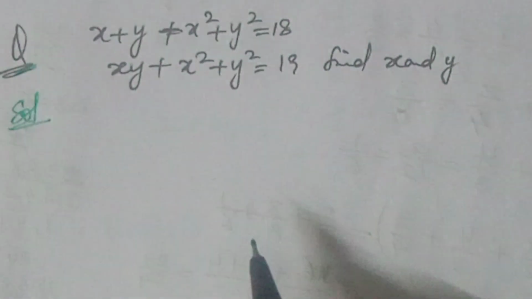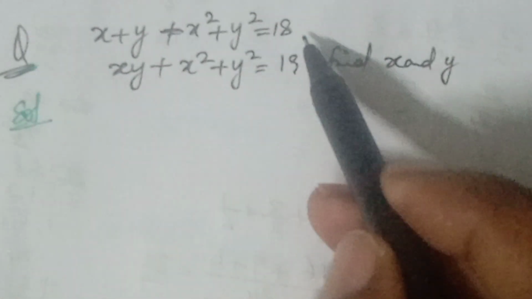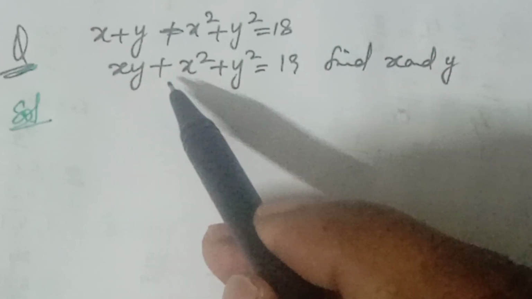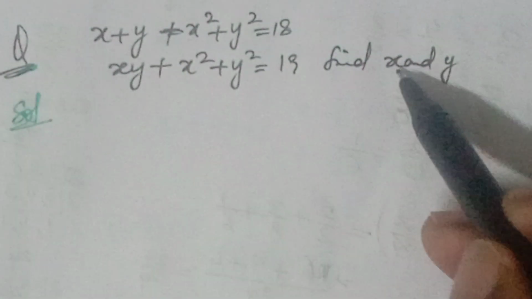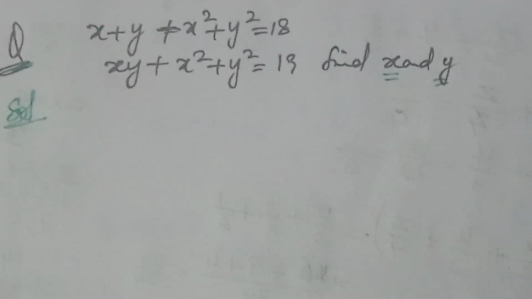So here the question is given: x plus y plus x square plus y square equal to 18, xy plus x square y square equal to 19. We have to find x value and y value. So like this,